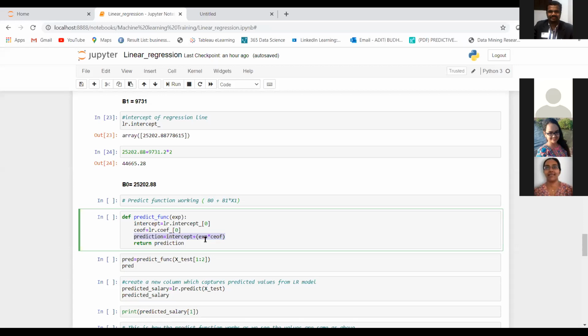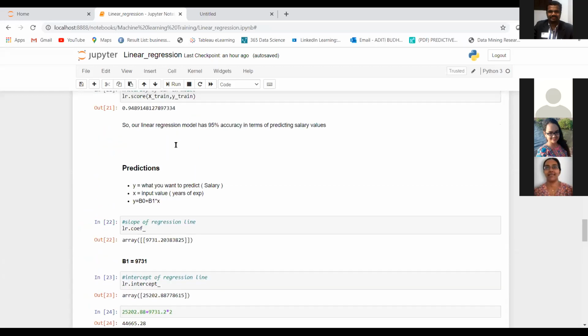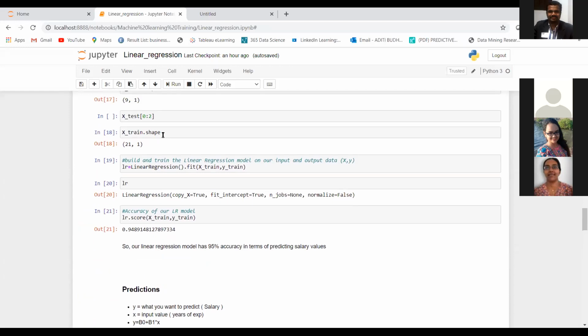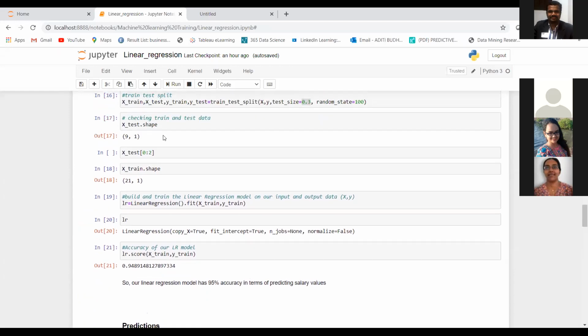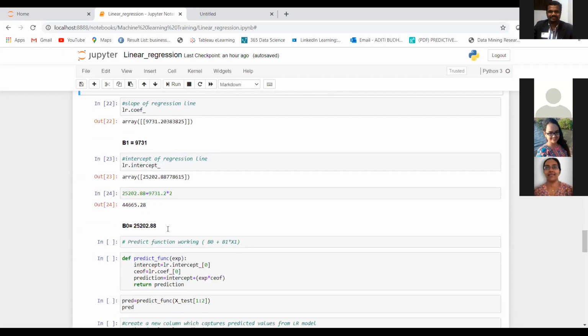What is exp over here? Exp will be the experience value based on which we want the salary to be calculated. This is the same regression line equation that we are using.